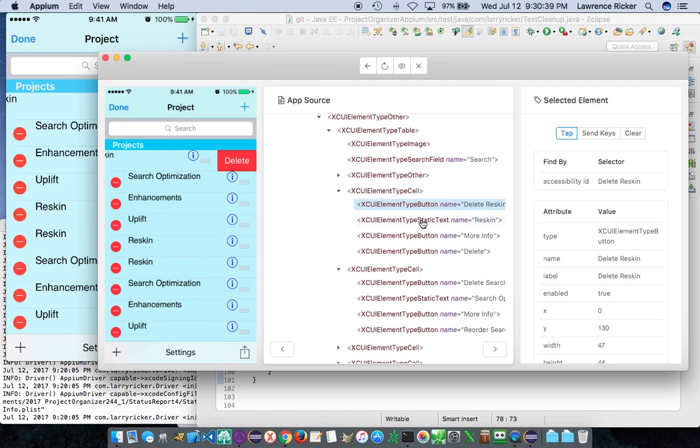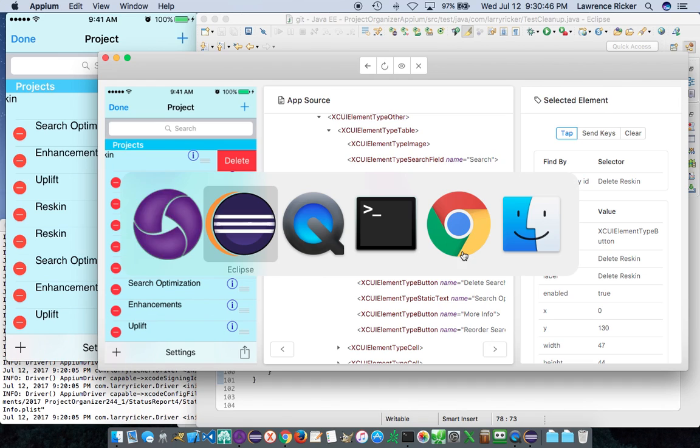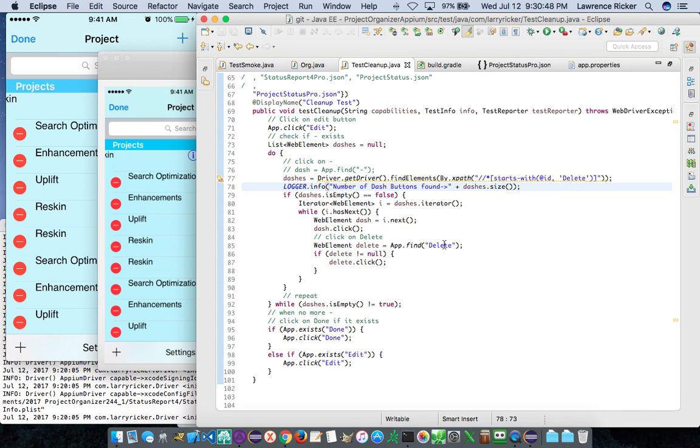Now delete, as soon as you touch this, this button pops up and it's called delete. So then tap find element delete. If delete's not equal to null, click on the delete and then repeat